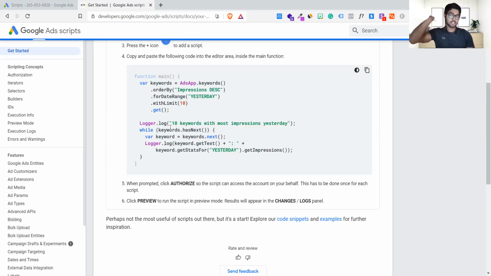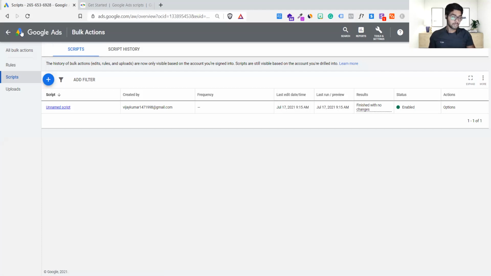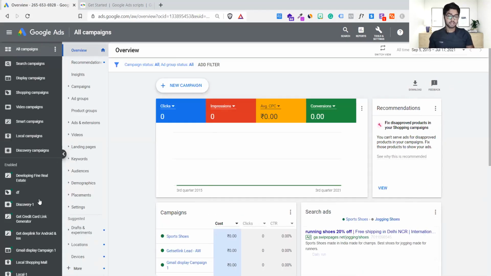Because this should be your question right now in your mind: how are tech giants like Amazon, Flipkart, Walmart handling their advertisement? Because when we run just 5 campaigns, we feel that this is too much to handle. Now imagine you have a company worth ₹1 billion, and you have lakhs of products running every day.